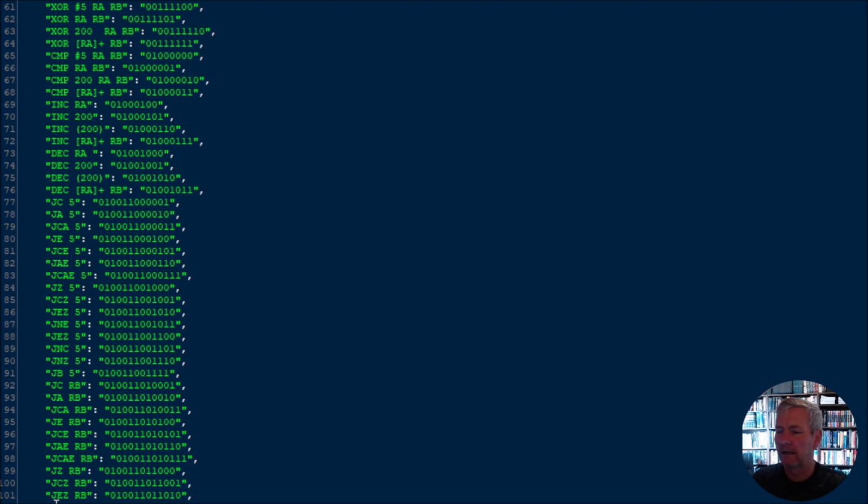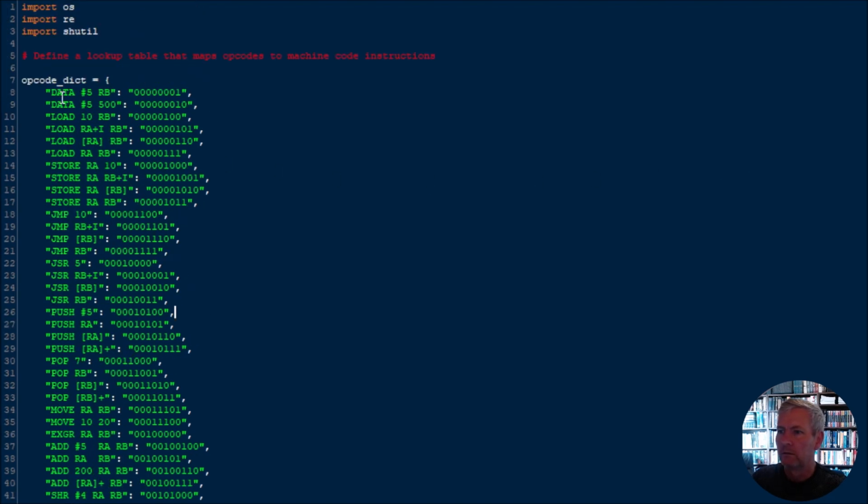So as I built up some code, I had a look to see the stuff that I was missing, and I simplified some of the addressing modes for some of the commands. So you can see there's actual examples here, along with the examples of the addressing modes,